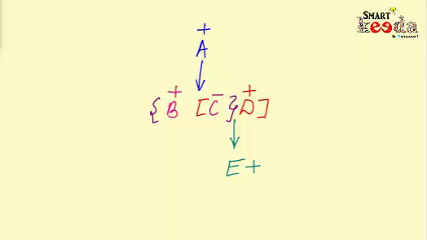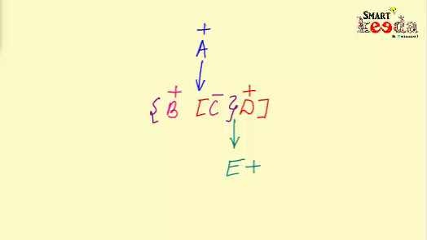The tree shows that A is a male who has two offspring B and C, where B is the son and C is the daughter. Therefore, we have put B and C in a curly bracket. And beside the daughter we have put D, a male, and put C and D in a square bracket that confirms that C and D are a married couple, where D is the husband and C is the wife, and B will be brother-in-law of D. Now under the bracket of C and D, we have a downward arrow pointing towards E with a plus sign, which means that E is a male and is the son of the couple C and D.